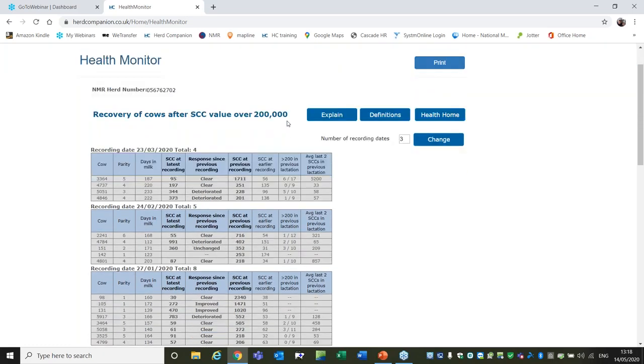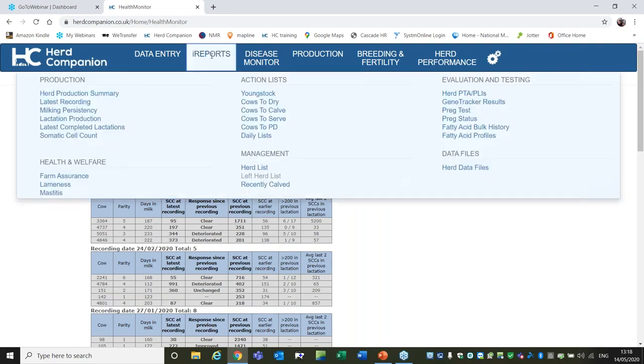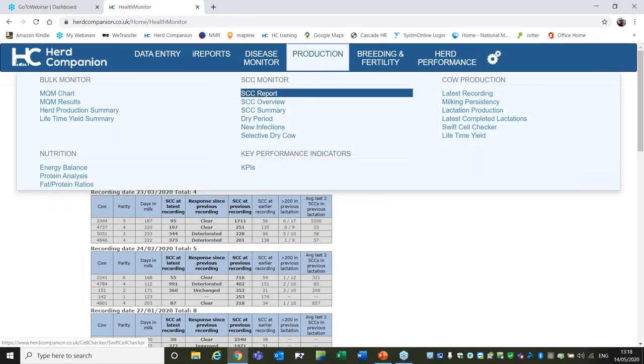So I've finished ahead of time. Those are the main areas I wanted to show you, but I'll just carry on for a little minute. In the report section, you can go to somatic cell count here. I won't click on that one just yet, because that's the same as we've been looking at for production, the SCC report. And as I've mentioned before, some of the reports appear in more than one place on Herd Companion, simply because they're categorized in more than one area. That is also the same as your Swift cell checker. So if I go to that one,